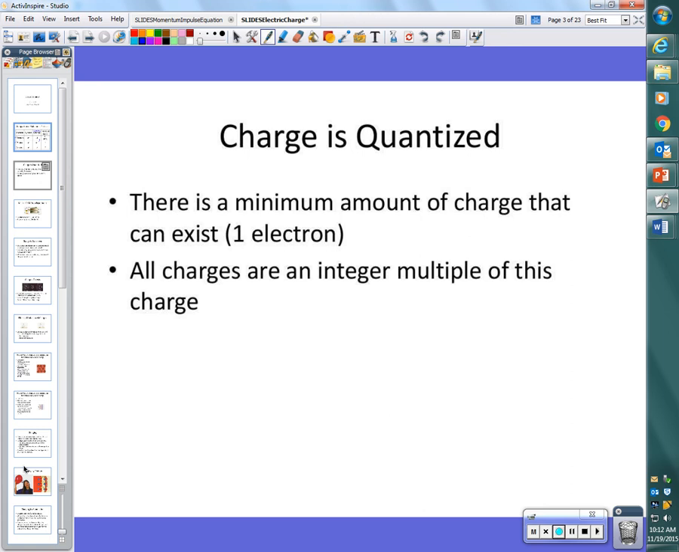All right, back to this. Quantization. Yeah, go ahead. So we talked about quantization in relation to a Bohr model, right? And we said that electrons can be in this shell or this shell or this shell, but nowhere in between. Charge is like that, in that there is a definite amount of charge, and that charge is the charge of one electron. All other charges are integer multiples of that charge. For example,